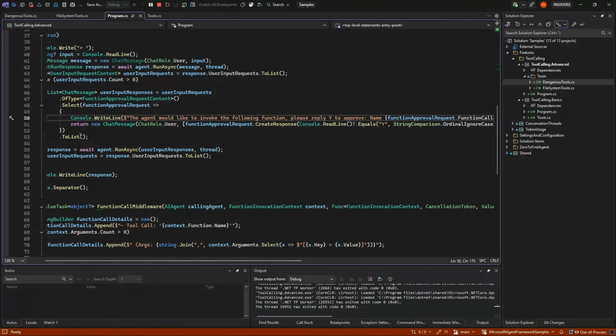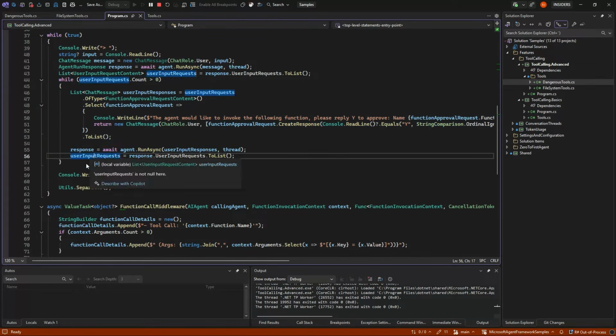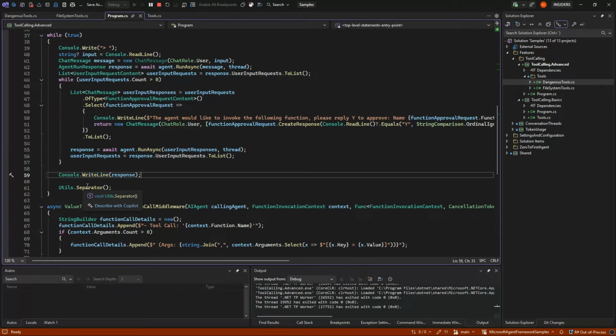And as long as we then end up with no more requests, because we essentially sent one more call to the LLM, and we have no more requests left, then we can actually output the new response that we got from the user. So that is how you end up doing this part.